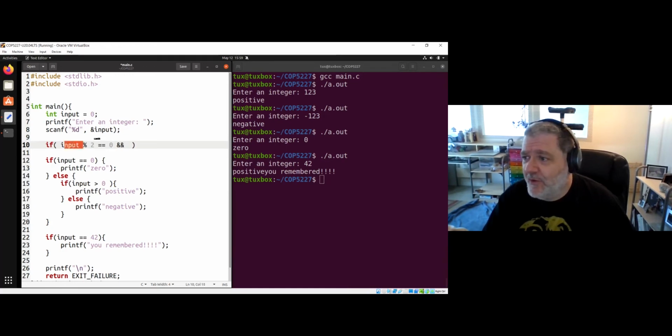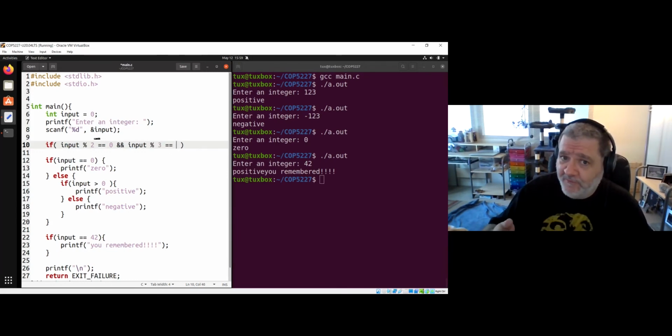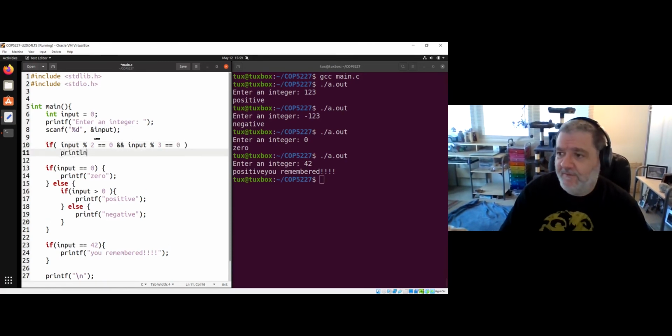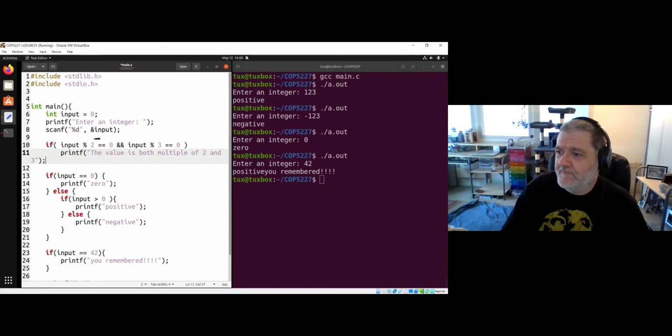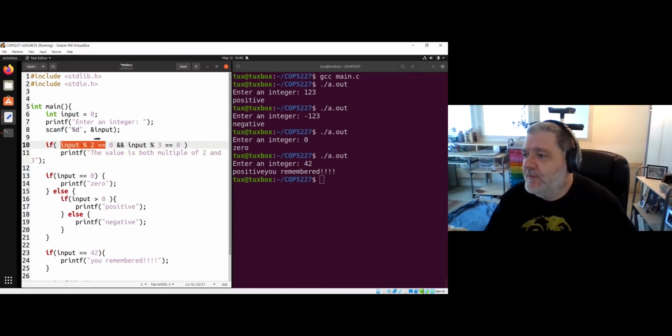If input is an even number, a multiple of 2, and input is also a multiple of 3, so the remainder of the division of input by 3 is also 0, that's what we are writing here, then I can display printf the value is both multiple of 2 and 3. Okay? So that allows me to have more complex Boolean expressions where I have one term here, then logical AND,